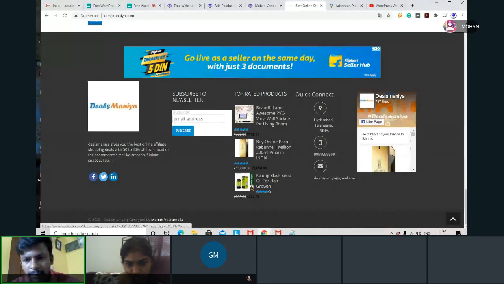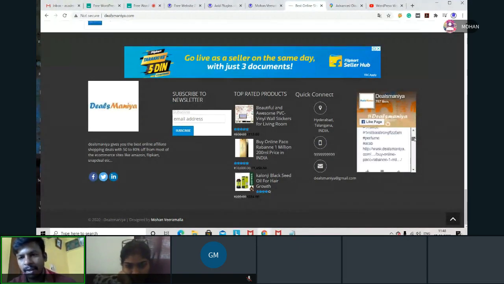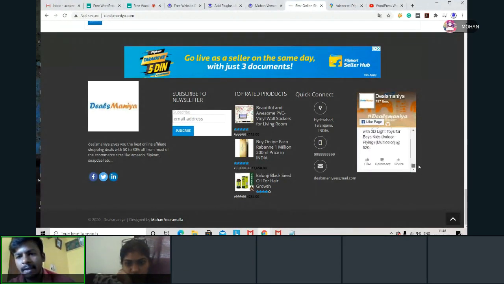Here it is showing a Facebook icon. This is the Facebook page of this website. I'm showing this Facebook page here only. People can scroll through the things here. Whatever I'm doing on Facebook, they can scroll here, or they can like the page from here only. If they like it, they can see their friends' faces also. This is a plugin. Now how to take that plugin?